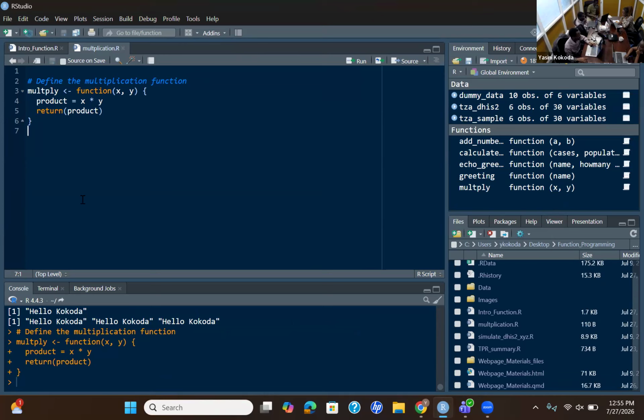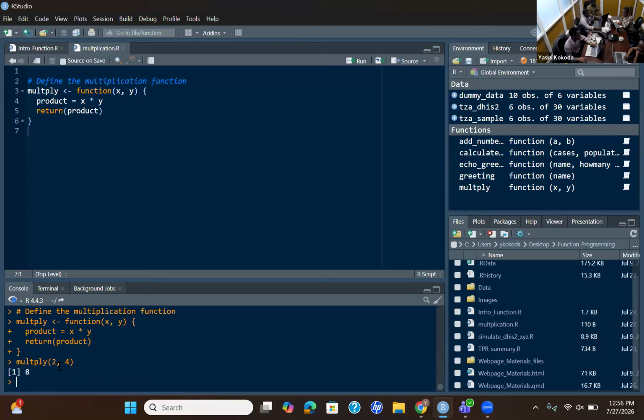If you run this function in the environment, it will come here in the environment. And if you want to use it, you will just use multiply x y, specifying any two numbers. I'm doing it on my console for a quick show. You can see, it is working.